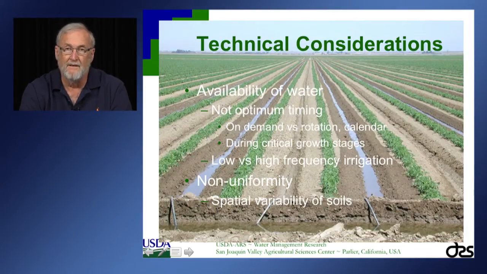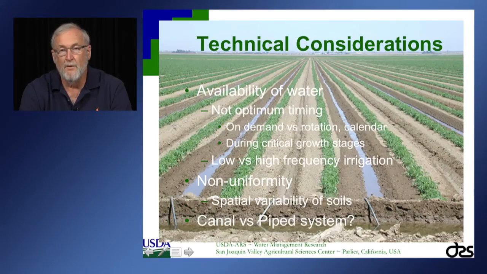In one case, then you're going to have a portion of the field that will be less productive than another. And this then gets back to the idea of irrigation frequencies. And also the situation where you have a canal system or a piped water system. A piped water system, the Westlands Water District is a good example. And in this type of system, water is in a pressurized system, basically available on demand.